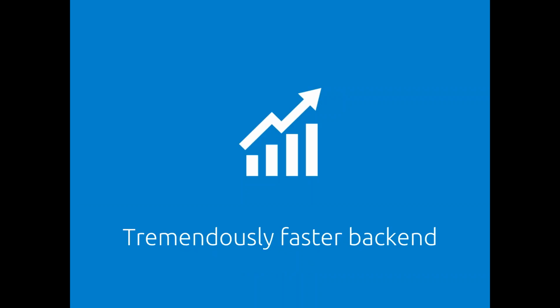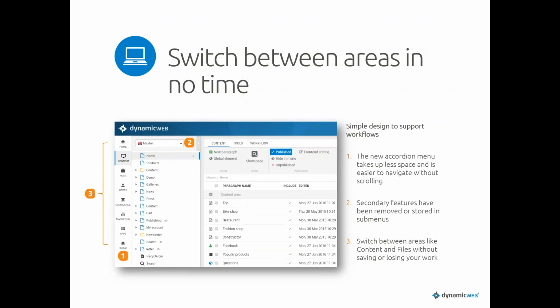First of all, we have a much faster backend, or to use a fashionable word these days, a tremendously faster backend. We've worked quite a bit to improve the performance of working around in the backend. And especially working with